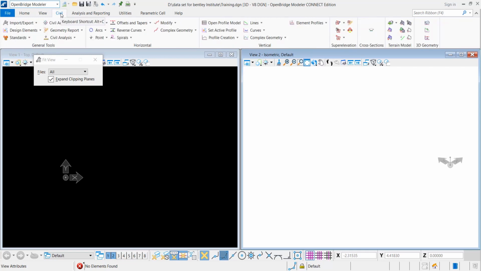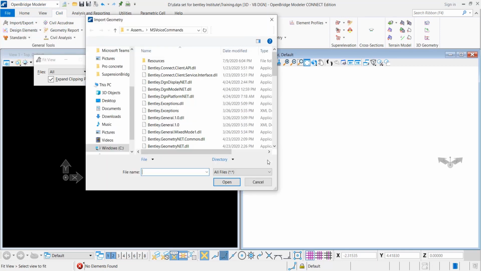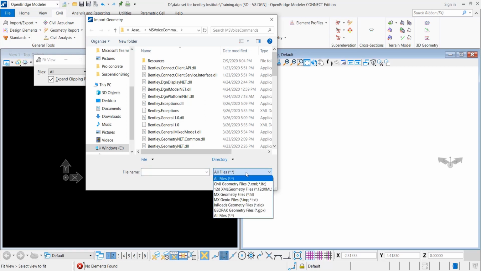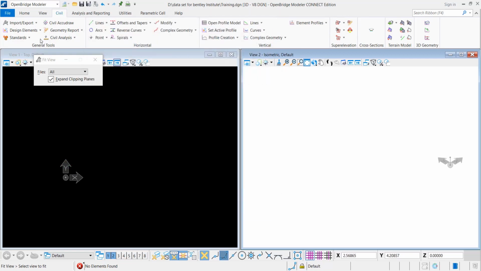Then if you go to civil, this is the setup where you can create your own civil geometry, or you can edit the civil geometry that you are importing from different products. So you can import the civil geometry from here, and there are different options. So the file formats which can be read by OpenBridge Modeler. From here you can see the file type and you can import through these options.